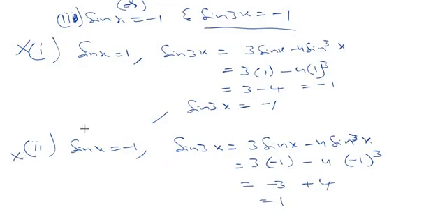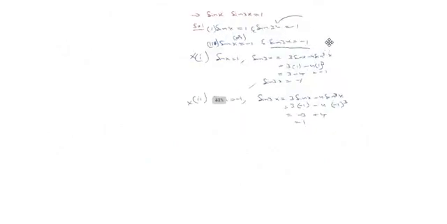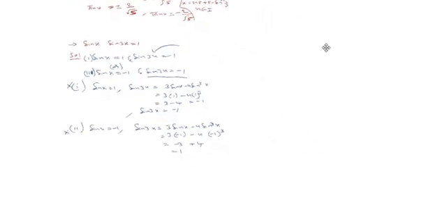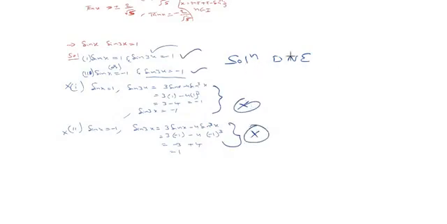So finally what can we write? For the given problem we can write there exists no solution. Solution does not exist, that we can write. Why? Because we got two cases, and those two cases failed to exist. That's why the solution does not exist. Other than these two cases there is no other case.